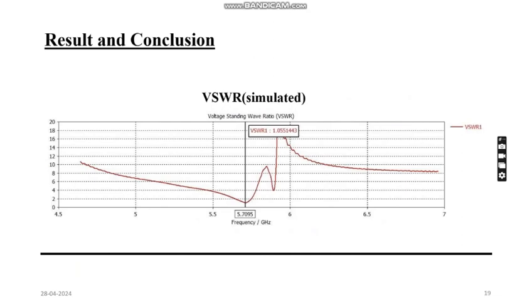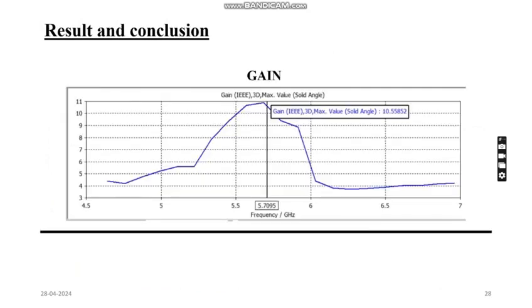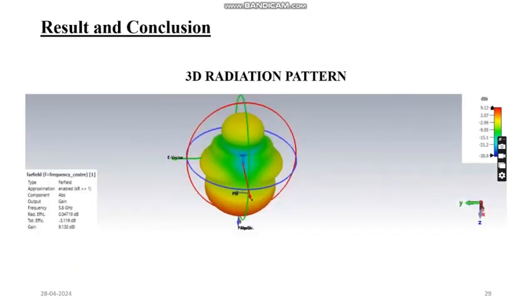Here, we reduce the VSWR so that we can improve the gain and the directivity of the antenna. This is the gain of the antenna, which operates at 5.7059 gigahertz. The gain is about 10.55. So with the help of the high frequency gain with the short range, we have reduced the radiation. Well, this is the radiation pattern of the antenna. It's the far field component and the output of gain is